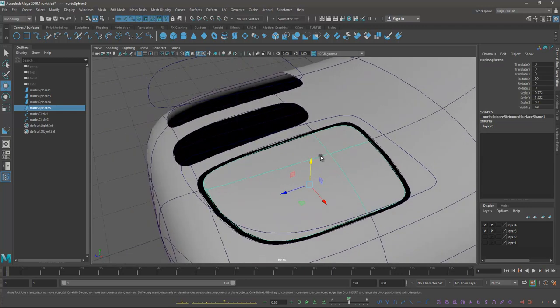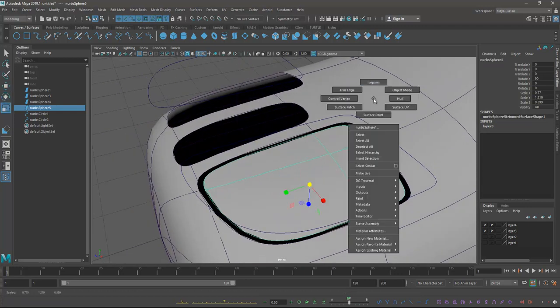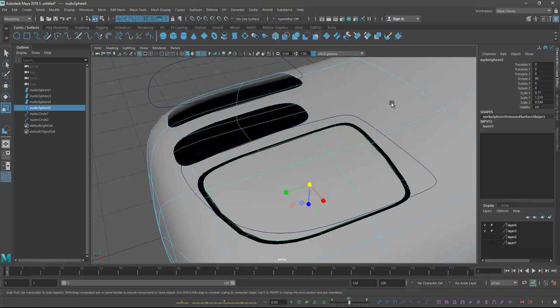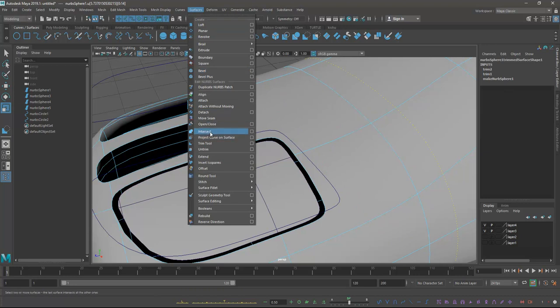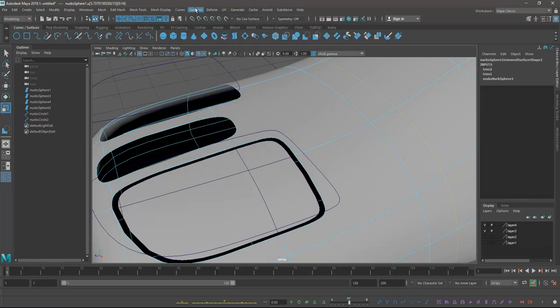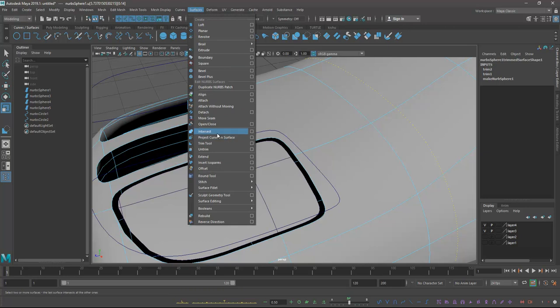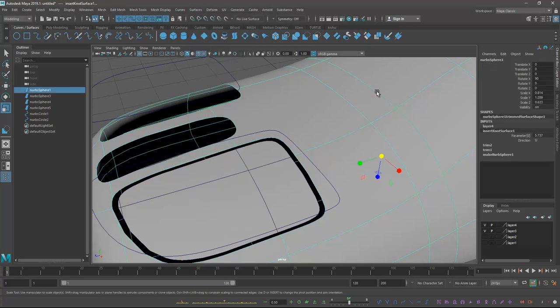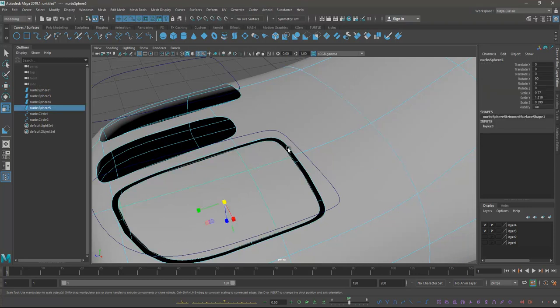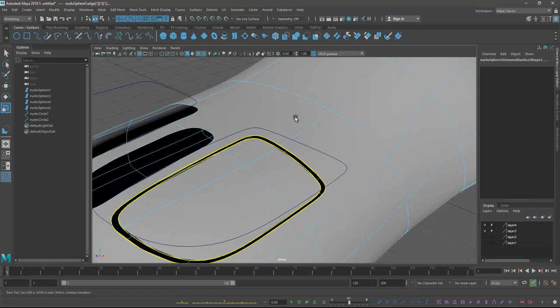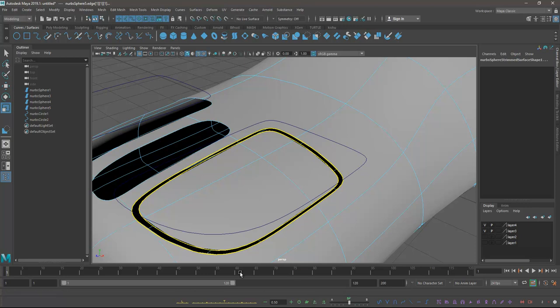Then I need to make something like this. Here generally we can select these isoparms, and we can bring them here, and you can go to the surface and insert. So insert isoparm here, then you can see the line is inserted. But here we have to select trim edge, because we did a trim, right? This is also trim, this is also trim. So select both the trims, and here you can find